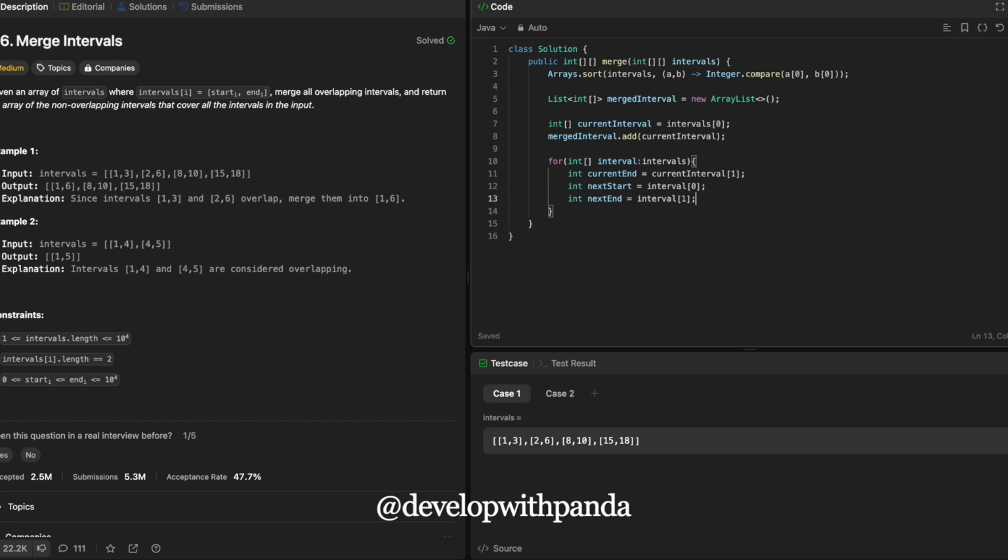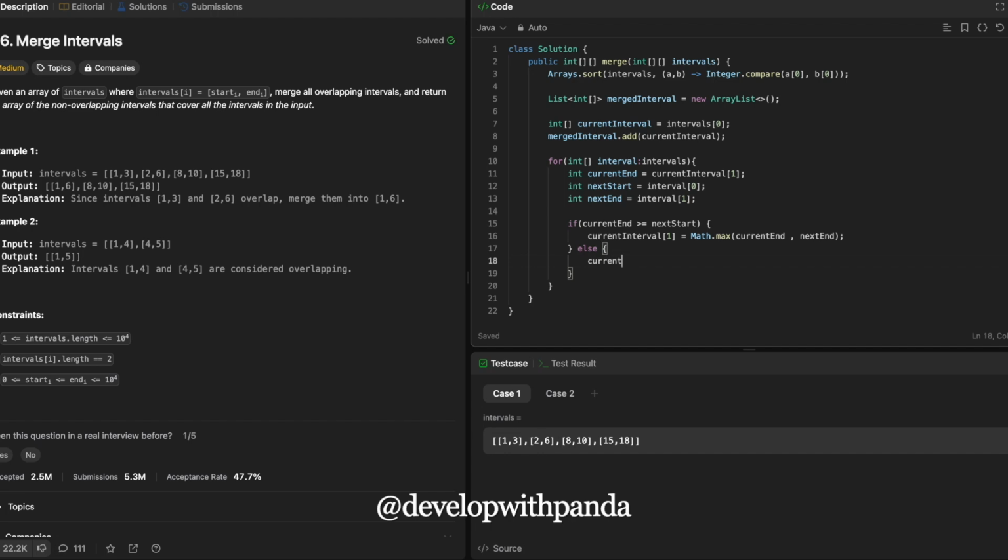Now to check if the current interval overlaps with the next interval, we will check if currentEnd is greater than or equal to nextStart. And for merging them, we will compare currentEnd and nextEnd and we will assign the maximum value to currentInterval[1]. And if it is not true, then we will add the next interval as a new interval.